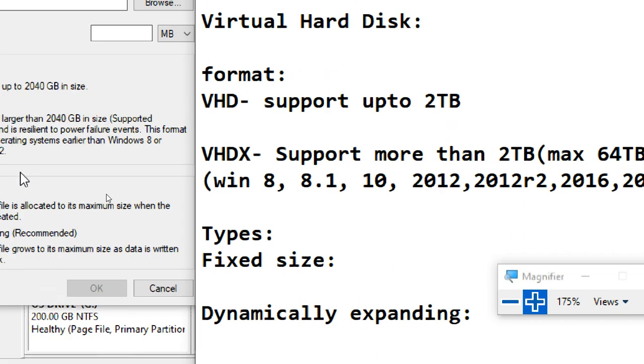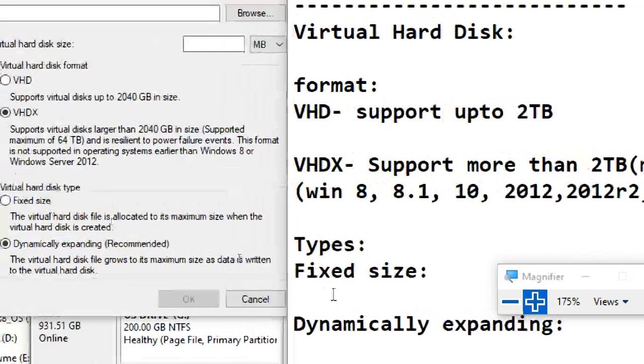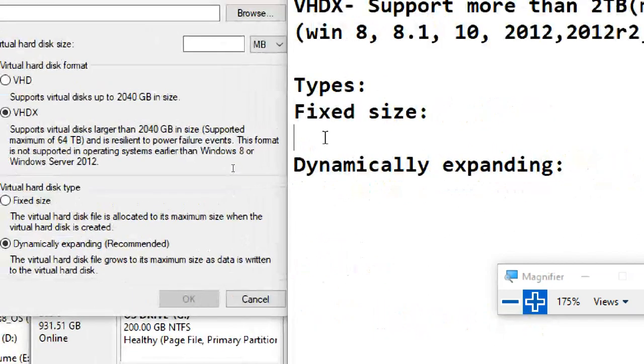Okay. So what is a fixed hard disk? It is given in one single statement. So we'll try to type this one.